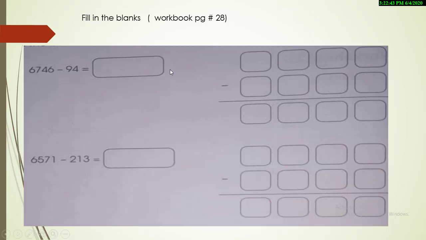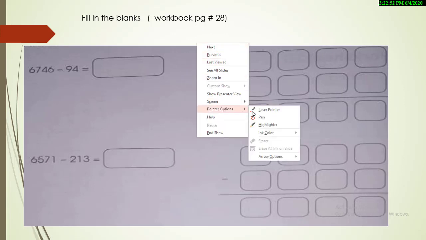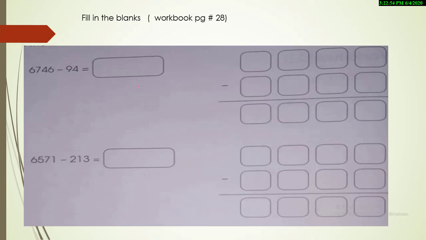So my students, now take out your workbook 3A, page number 28, and let me get my pencil too. I'm going to get my pen too. I got the red dot. So our first question on the page is, read the question carefully as I told you, and copy the numbers over here in the given boxes also very carefully. Sometimes you copy the wrong number and this also creates problems.